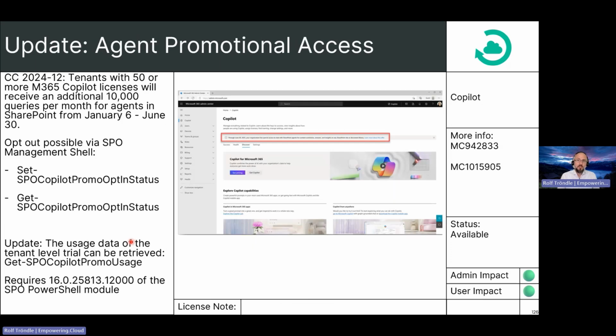So then we have also an update regarding the agent promotional access. As just mentioned before, we have the pay-as-you-go feature for Copilot agents for non-Copilot licensed users. This was announced back in the December monthly Change Insight call. But the update here, first going back, if you have 50 or more Copilot licenses you will get, starting January 6th till the end of June, so it's running at the moment,